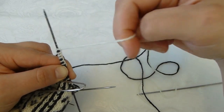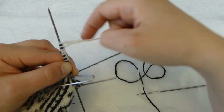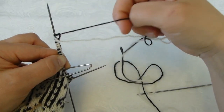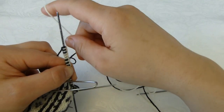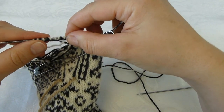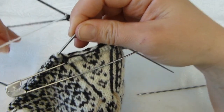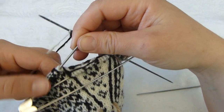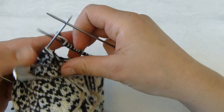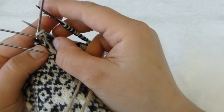I have to pay attention to make sure I choose the right color yarn. Now that should be about right. Okay, so what I do next is that I just keep knitting my